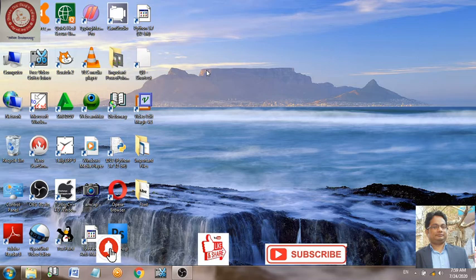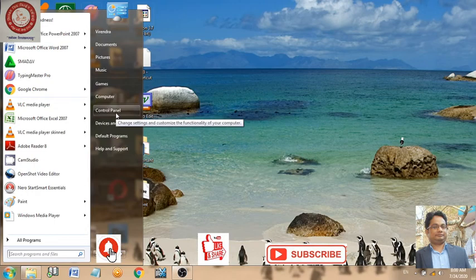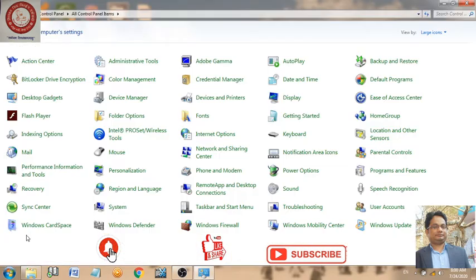What we'll do here, first we'll click on the start button. After that, this is the control panel, and here you have to click one time. This is the interface of your control panel. Now there is one more method. First we'll go to the computer icon on the desktop.